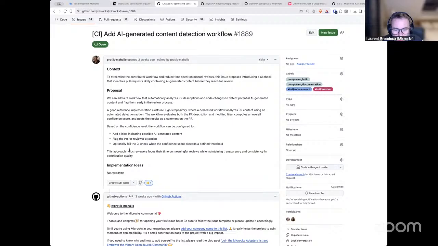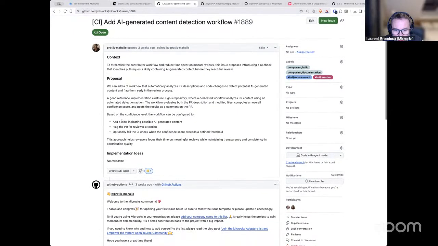I think you can keep going on this one, because you suggested ideas that are out of the scope of the branching strategy. Checking how much AI generated content we have in the PR is a very good thing. Flagging the PR for the reviewer is also nice.